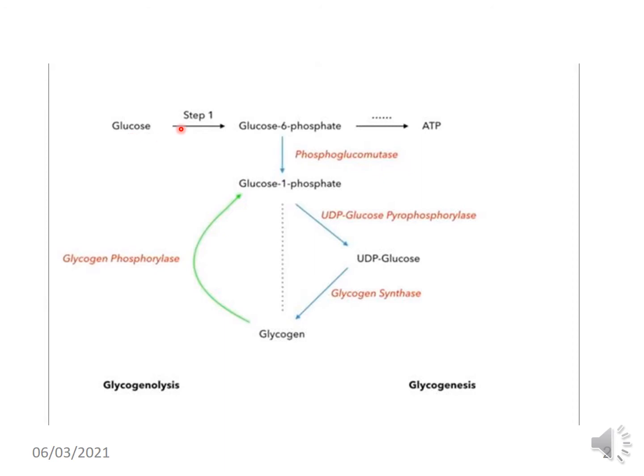The first pathway is glycolysis, which is related to glucose metabolism, which is step 1, and formation of glucose 6-phosphate to produce in many pathways to produce ATP. The purpose of glycolysis is to produce ATP, and sometimes if there is a high amount of glucose or high amount of ATP, we need to store